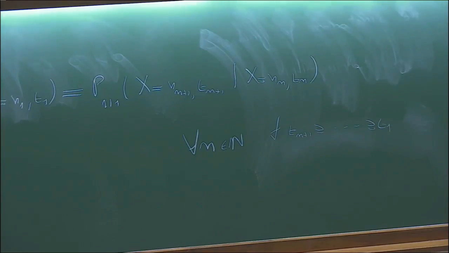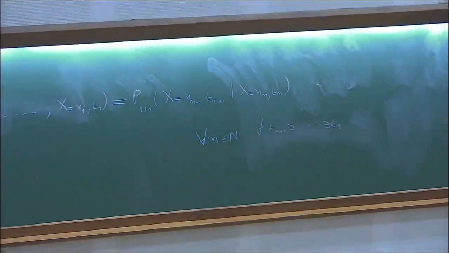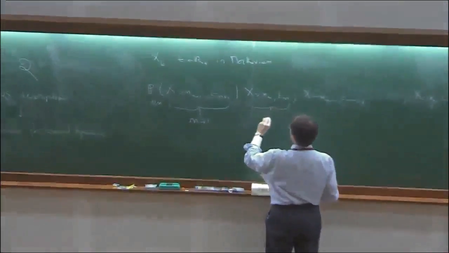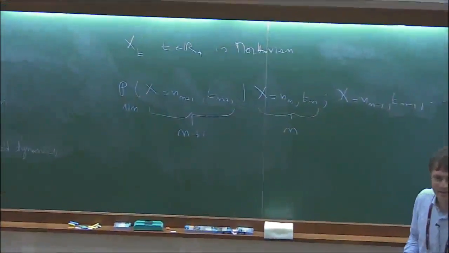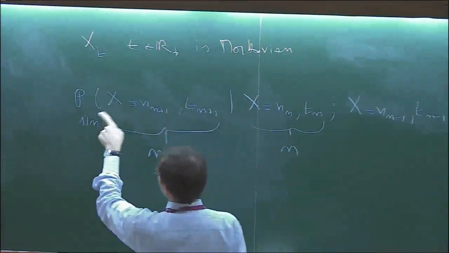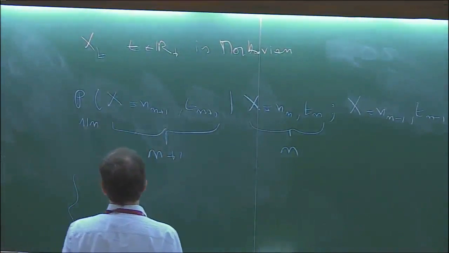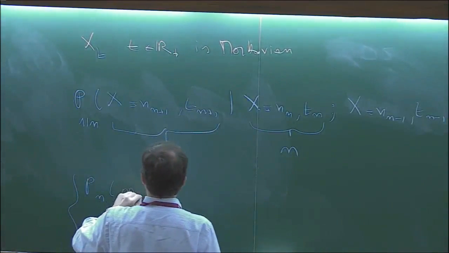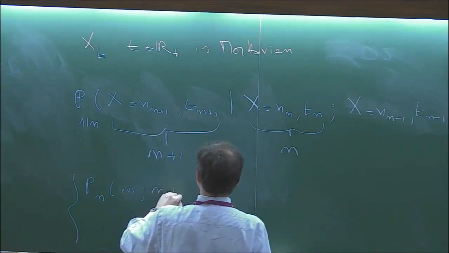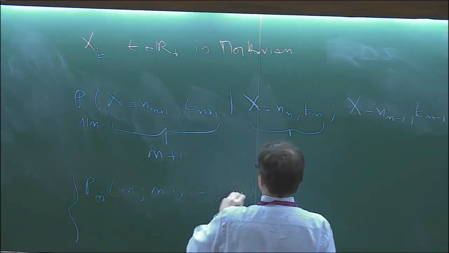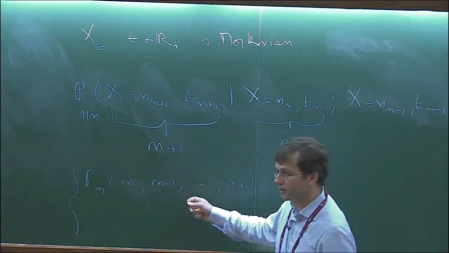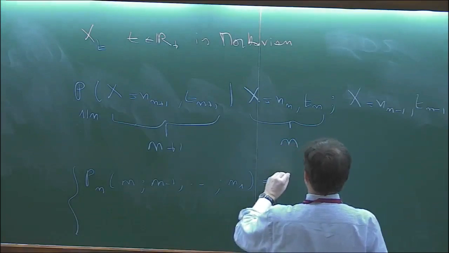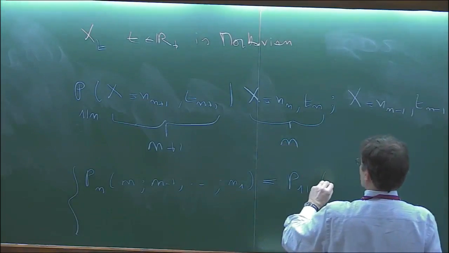In order to be a bit quicker, let me write this whole object as 1|n. This would simply be 1|n, so that I write a little less, okay? So, given this condition, you can find that the n-point probability density for a Markovian process, so the probability to take a given value at time t_1, a given value at time t_2, up to time t_n, is simply obtained by a conditioning of this form.